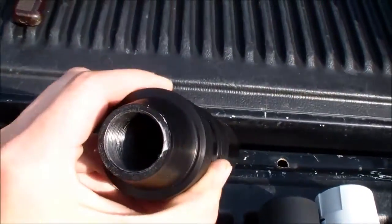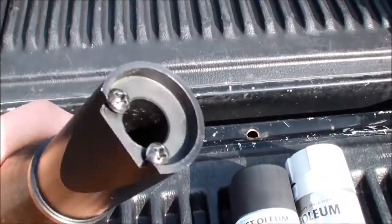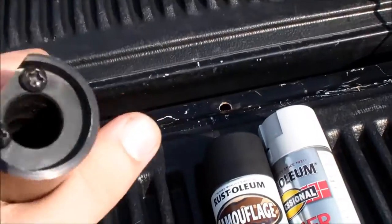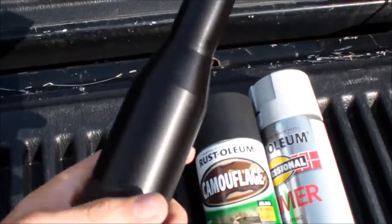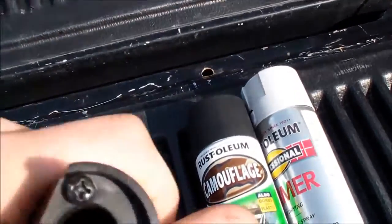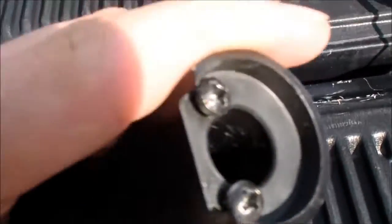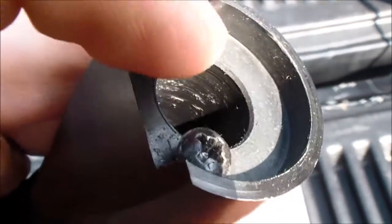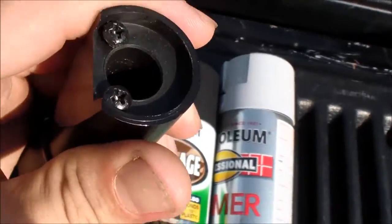This is the fake Russian PBS5 suppressor, and the nose piece is a separate part from the actual main part of the suppressor, and there's two screws that hold it in. And I got this from AAOK.com. It was like $150, and it did not come with the screws to hold the nose piece on, so I actually had to go to Lowe's, find the right size screws, tap the holes. These are actually self-tapping screws, and I put the nose piece on, and the first time I took it out